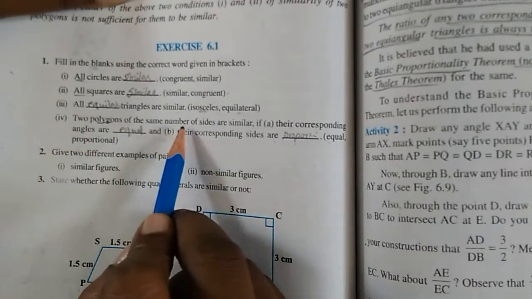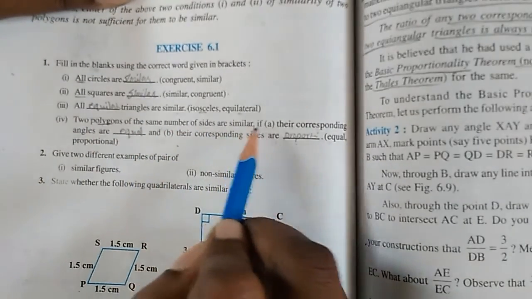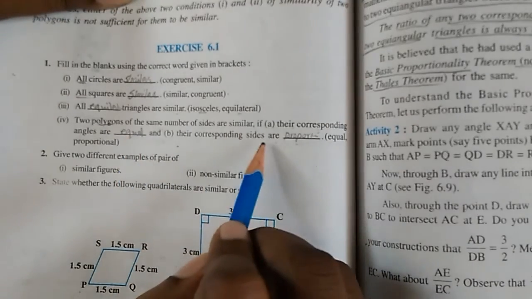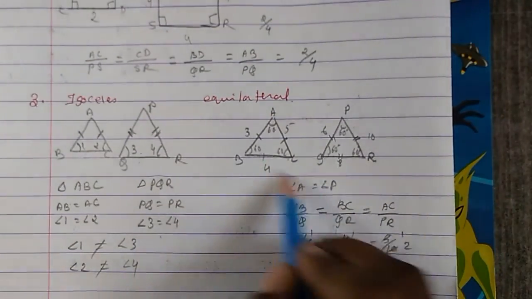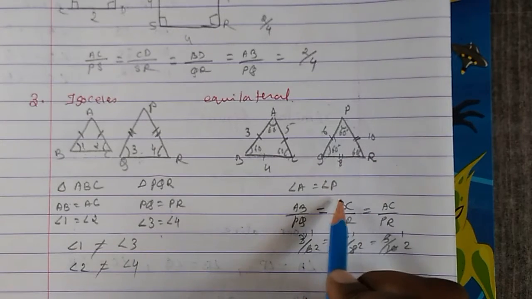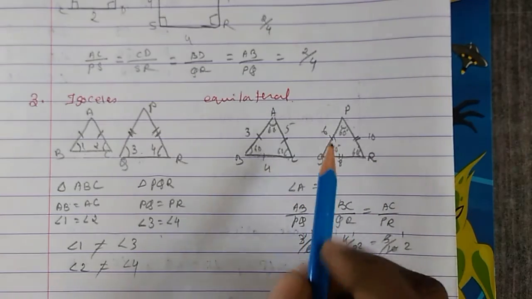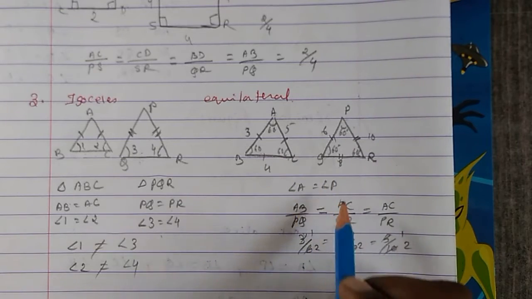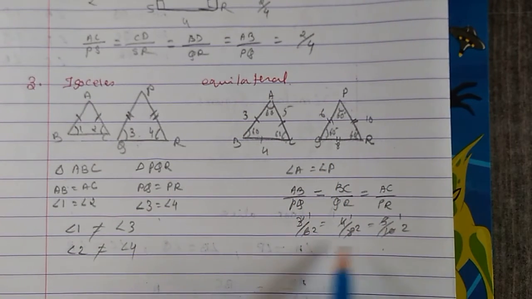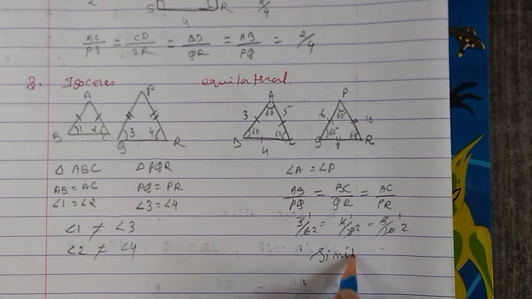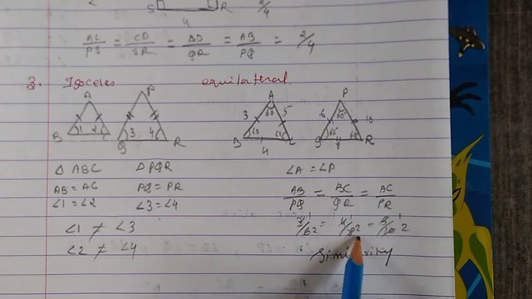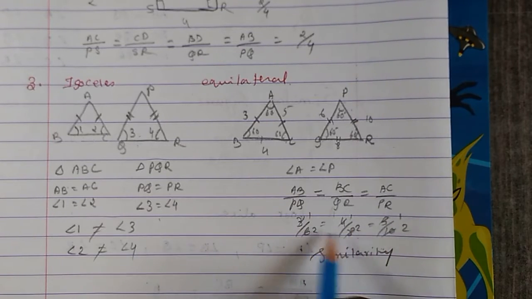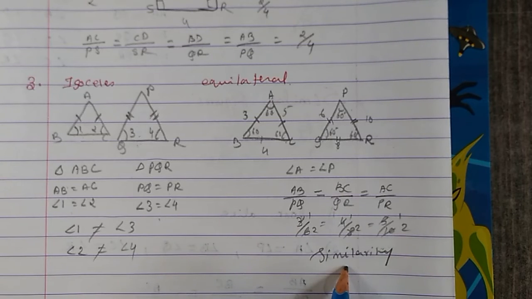Okay, so two polygons of the same number of sides are similar, then the corresponding angles should be equal and the corresponding sides should be proportional. See, if you take this polygon, a triangle, an equilateral triangle, angles are also equal. Angles have to be equal only, whether it is similar or congruent, and then sides should be proportional. If proportional, then it comes under similarity. See, 1 upon 2, 1 upon 2, 1 upon 2, when you finally cancel, it should come as the same ratio, then it comes under similarity.